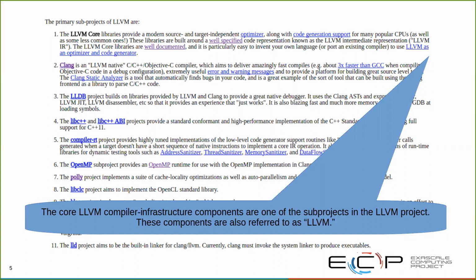There's LLD, which is a linker. And there's compiler RT, a set of compiler runtime libraries. But the most important things, in some sense, that are in there, especially in our context, are the sanitizers. These are instrumentation-based debugging tools that can be used to compile instrumented code that can detect things like buffer overruns and race conditions and all sorts of stuff like that, uses of uninitialized memory, and report that